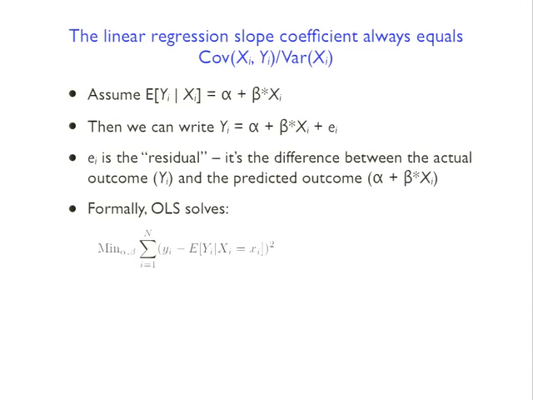So we have some objective function that we're trying to maximize or minimize. In this case, we're trying to minimize it. The objective function is that we want to minimize the sum of squared deviations between our predicted values of y and our actual values of y. So we can write the deviation between the predicted and the actual value of y as the observed yi minus our expectation of y, given that x was equal to little xi. That's alternatively equal to yi minus alpha minus beta xi, given that we said this conditional expectation function takes a linear form, alpha plus beta xi. So for any individual data point or observation, that's going to be the deviation.